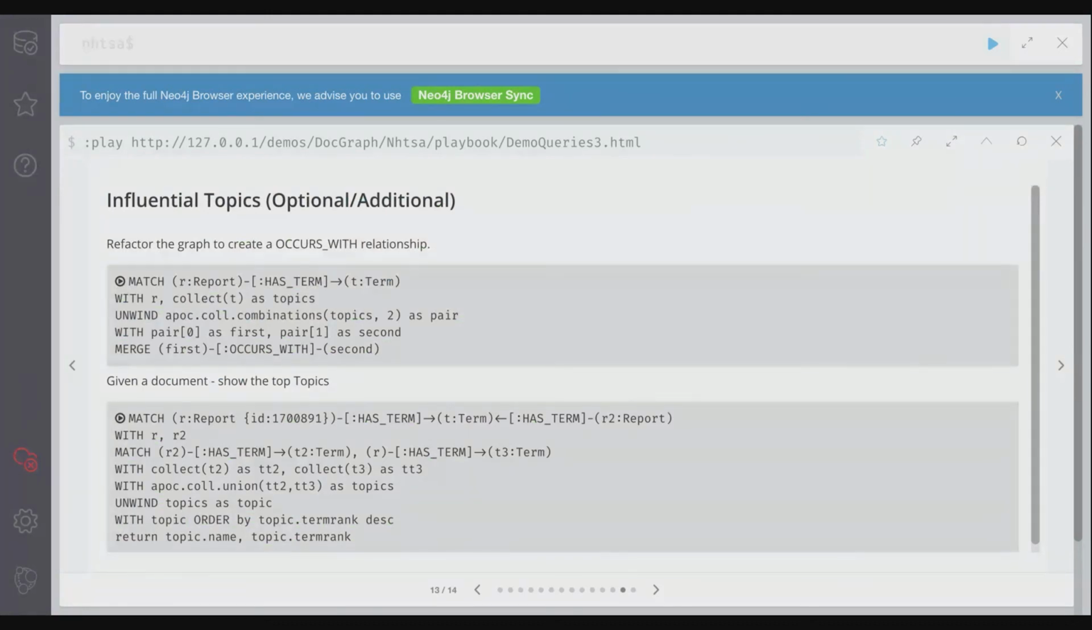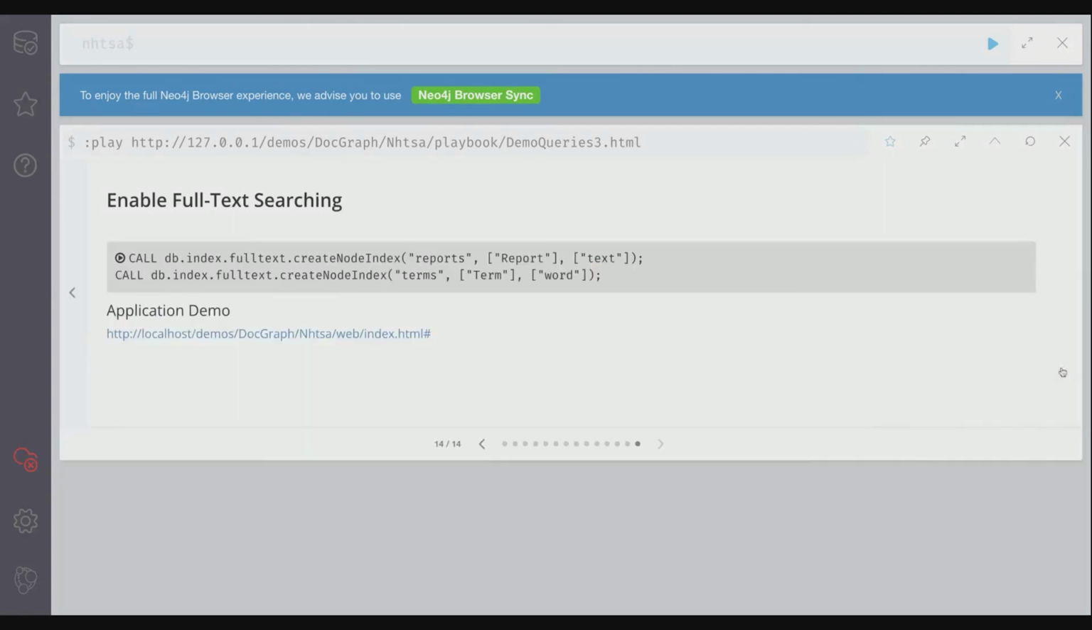So there's a couple other things you can do to really enhance it. We're not going to do it for purposes of this demo, but you can identify influential topics. You can show top topics on a report, and all that information can get fed into your analytical application that you're going to expose to analysts and users to actually leverage this data that's in the graph here. So we've applied several different algorithms here. We've actually already enabled full text search within